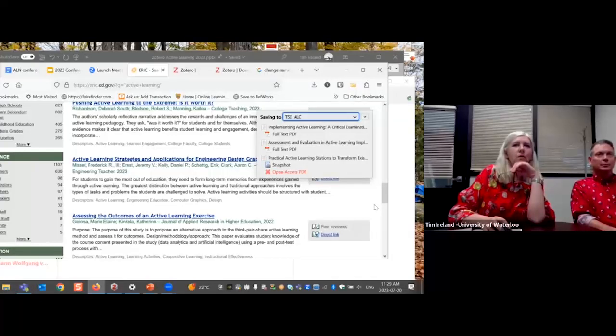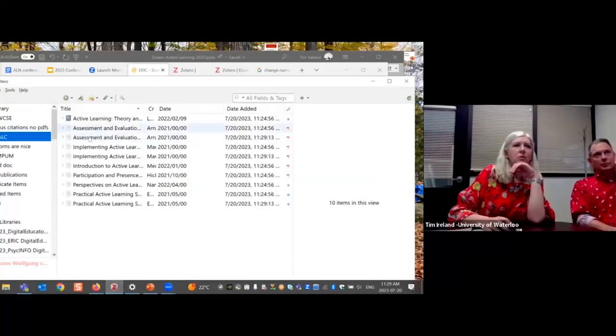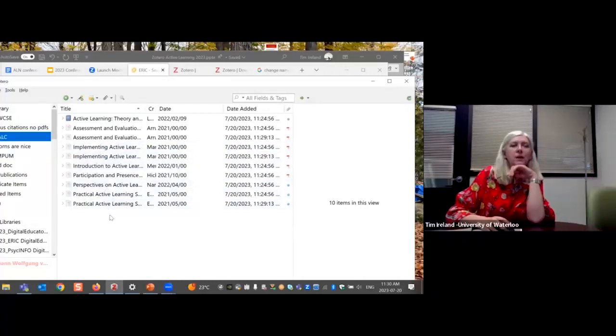I move out of that box, the box should disappear. I move back to my Zotero and now see there are more articles in my folder, and some of them I grabbed twice, the same article. If this happens, do we want to address that now or later? Okay, if this happens that through multiple searches on multiple occasions, you happen to grab the same article twice, whether it's from the same database or a different database, Zotero allows you to deduplicate items